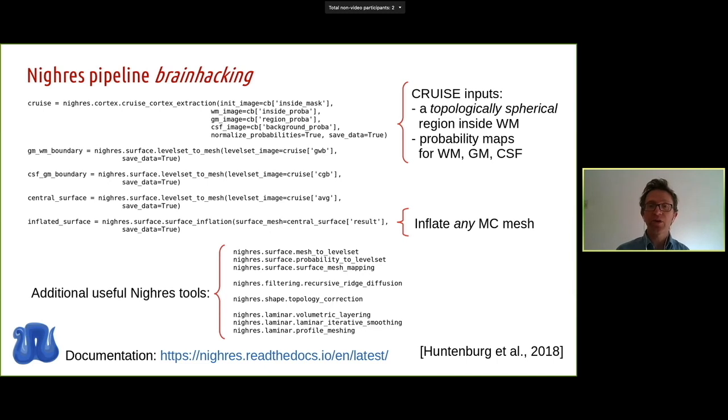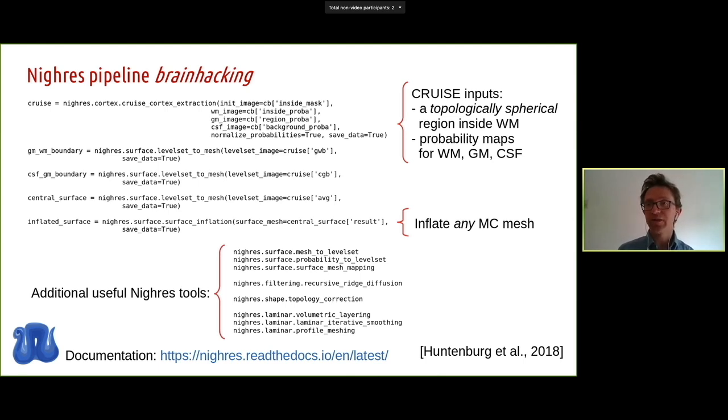Now, if you've been going to the OHBM brain hack, which I highly recommend, you might want also to see what you can do around this example to fit different images or different questions. You may want to do your pre-segmentation with FreeSurfer, or use SUIT to define your cerebellum, white matter, gray matter, and CSF. So that is not a problem. CRUISE will take those maps